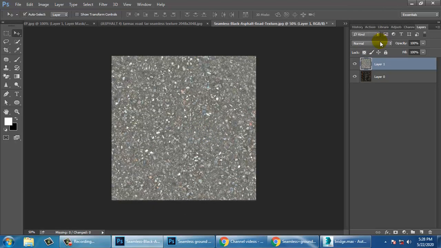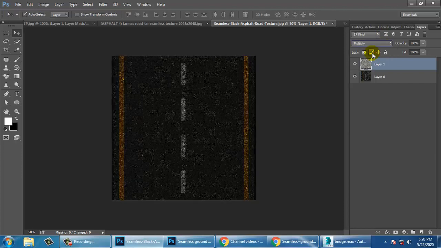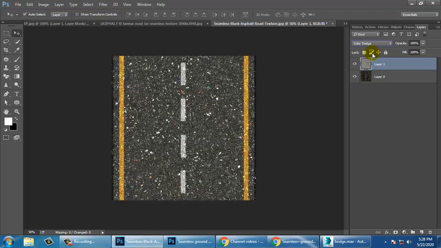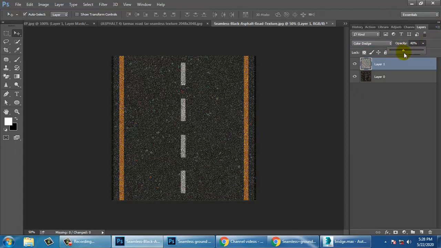And very important over here is, let's try to blend it. Let's try to blend a bit. After your blending is done, let's give a bit of mask.